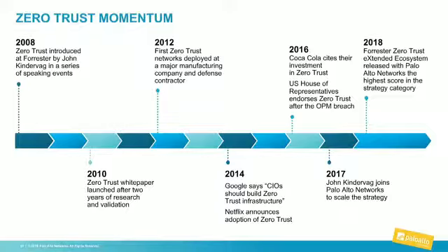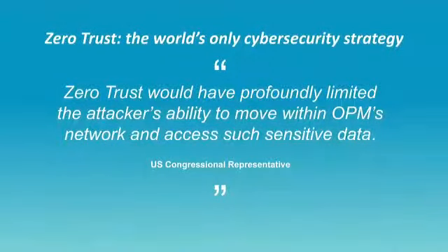And if you're not familiar with the OPM data breach, you should. It's a fascinating study, and one of the U.S. House of Representatives committees wrote an entire report on it where they said that all agencies should move towards a zero trust model. And so that led me to join Palo Alto Networks in order to scale the strategy and take it to critical mass. And what we've seen is a validation of that, where last year, 2018, we achieved the highest score in the strategy category and were a leader in the Forrester ZTX, or Zero Trust Extended Ecosystem Wave. And so what we've seen is just this huge validation, to the point where a